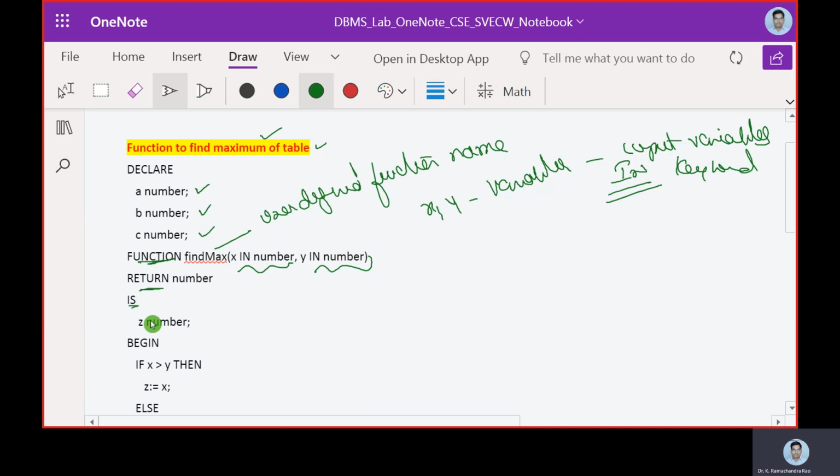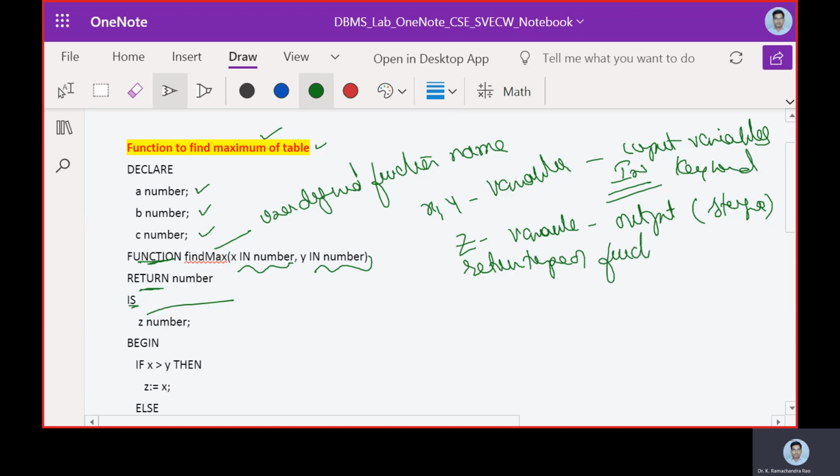Now the return type will be z. So z is going to be a variable, and it is holding the output storage. This is going to act as a return type of the function.